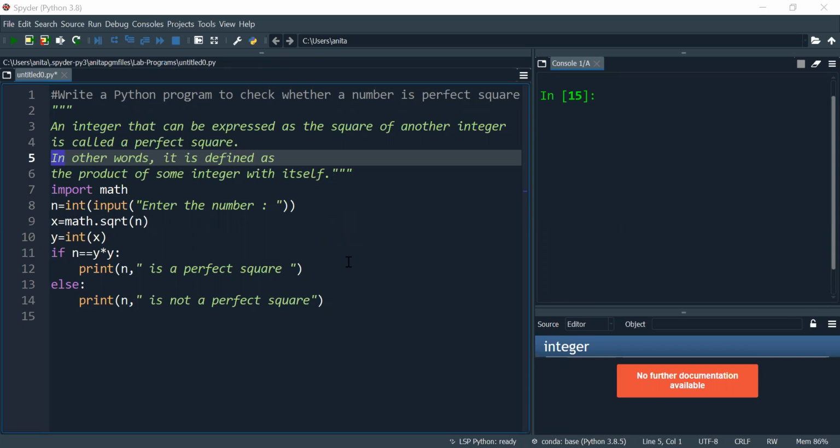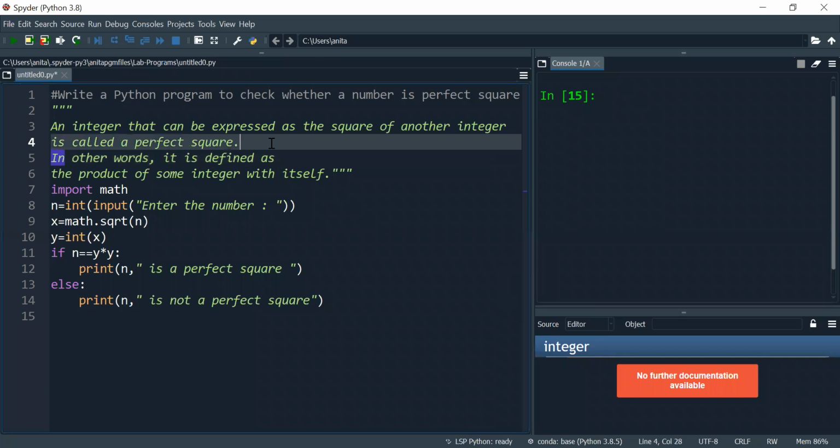As per definition, an integer that can be expressed as the square of another integer is called a perfect square. Here, if you take an integer 3, 3 squared is equal to 9, so 9 can be considered a perfect square. Or in other words, it is defined as the product of some integer with itself. For example, 4 multiplied by 4, that is 4 squared, is equal to 16, so 16